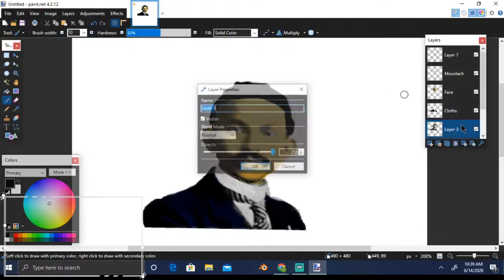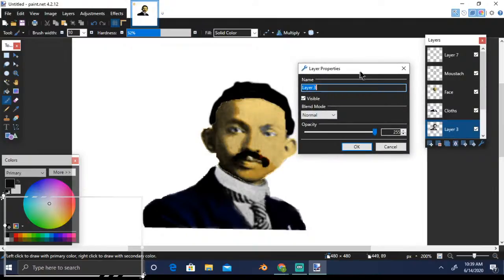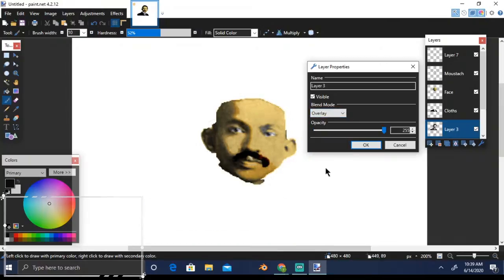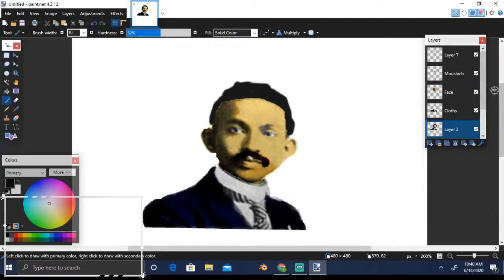Now let's double click on this layer and see the overlay option. Okay, so it seems this is not working because we have it on different layers. All right, so let's reduce it a bit. Let's do one more thing.